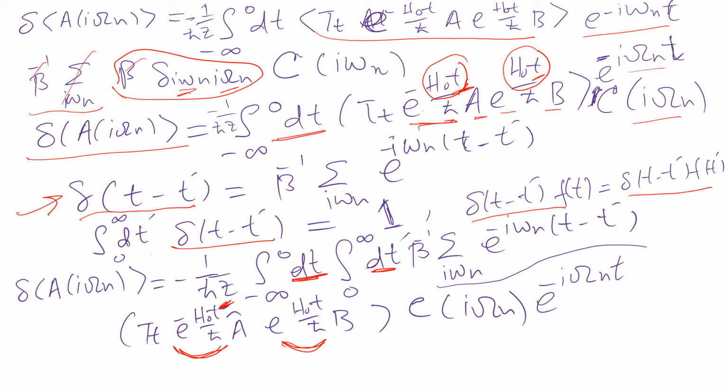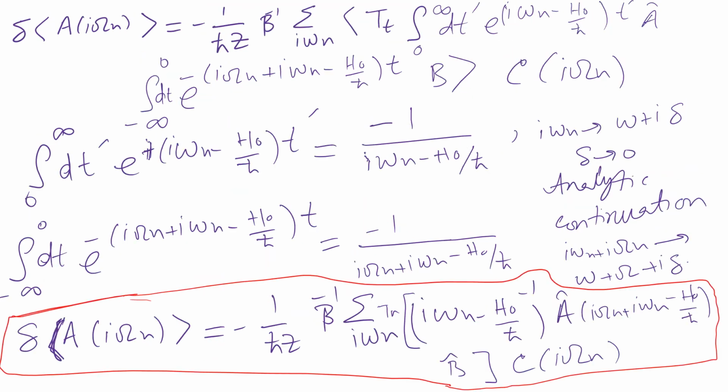So now I collect all of the terms. I collect the t dependent term and the t prime dependent term by separating them. So here I have separated them: I have the t prime dependent term here, and here I have the t dependent term. Now I am integrating the t prime dependent term from 0 to infinity. When I integrate this, I will end up with this expression. But remember, there will be another term that will be proportional to infinity times t prime. So t prime will be infinity,